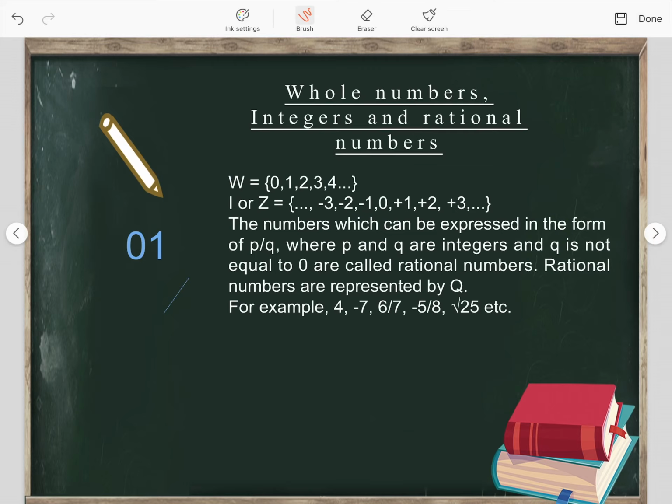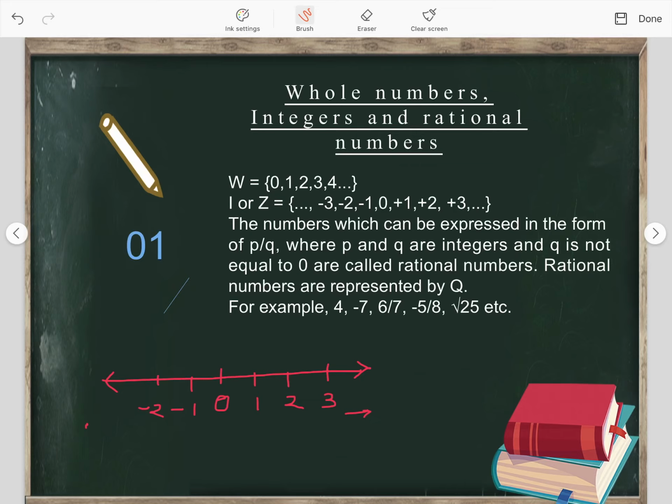See, I have written here W. W means what? W means whole numbers, yes or no? Consider the number line. Let us study from the number line. Suppose this is a number line I have drawn here, 0. Then positive numbers we will write on the right hand side, yes or no? And negative numbers we are going to write on the left hand side, and so on. Those will go on, and this side also it will go on.